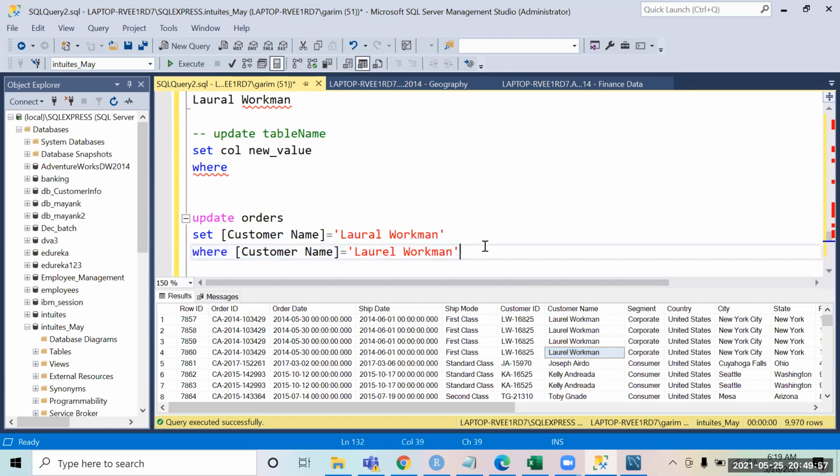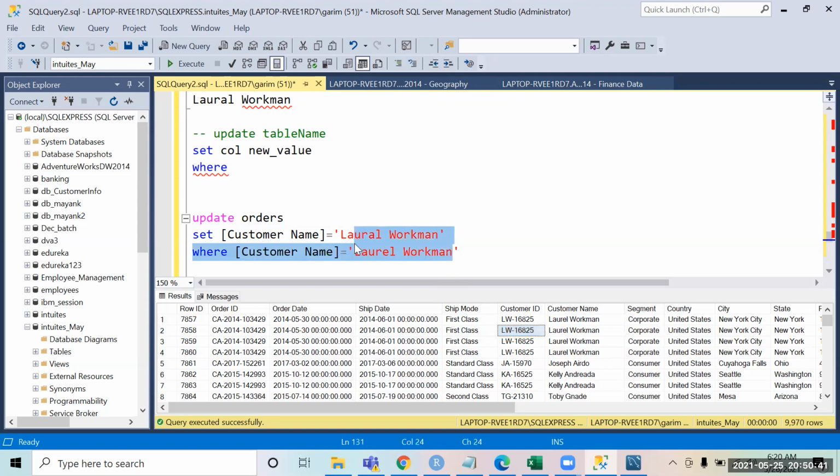And generally it is a good idea that in this case I should typically use customer ID. I should be saying customer ID equal to this, because it can happen that there were some more Laurel Workmen, and if I write this query, their name will also get updated with A, right? So this is where you can be a little careful. Based on the data, you can specify the customer ID, because I know the complaint has come from this customer, who mentioned that in your systems the spellings of my name are incorrect, so please update it. So I will say, okay, this is the new name, and this has to be replaced for customer ID is this. So I can use this as well.